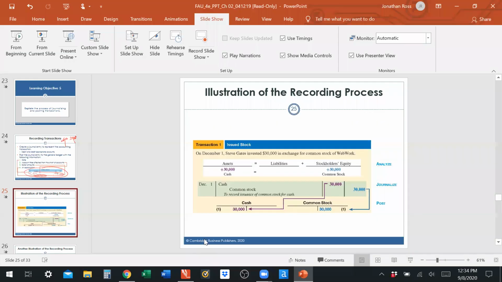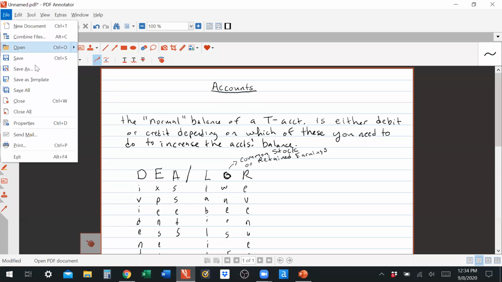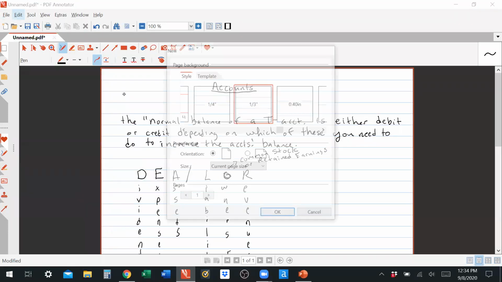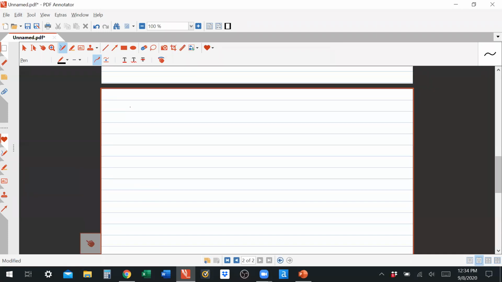So Mike's Bikes example from the PowerPoints